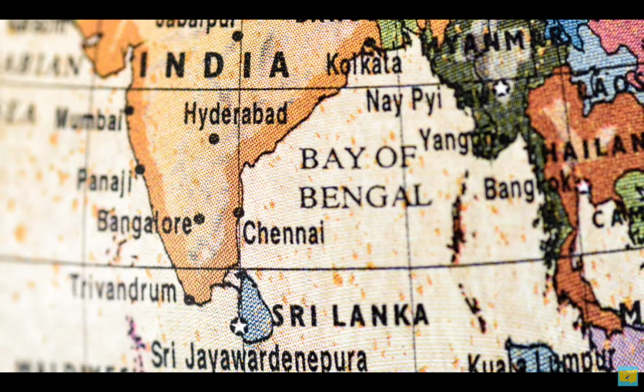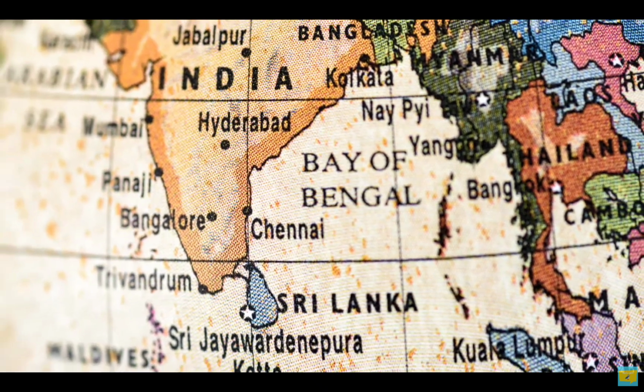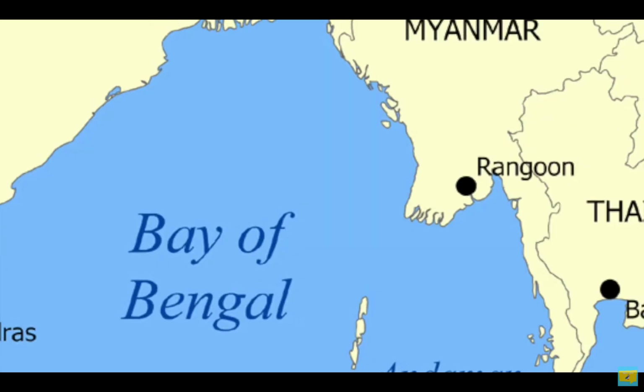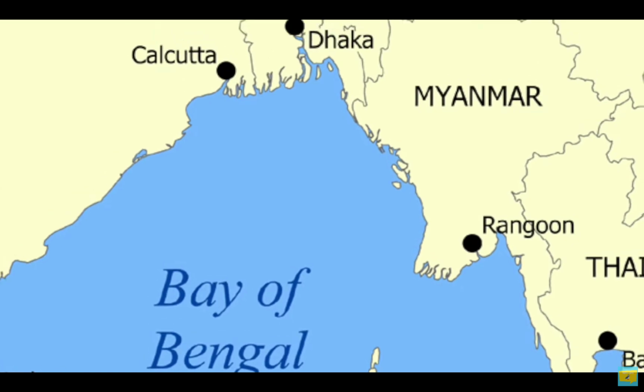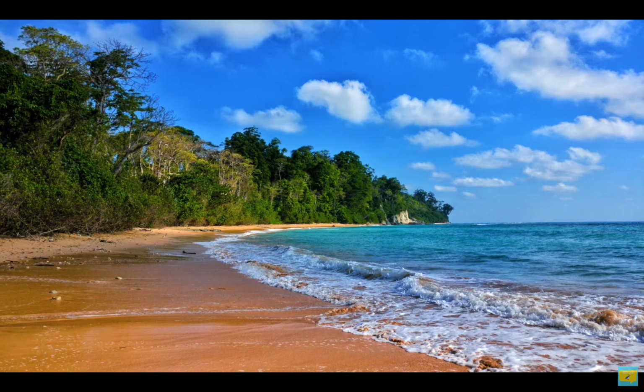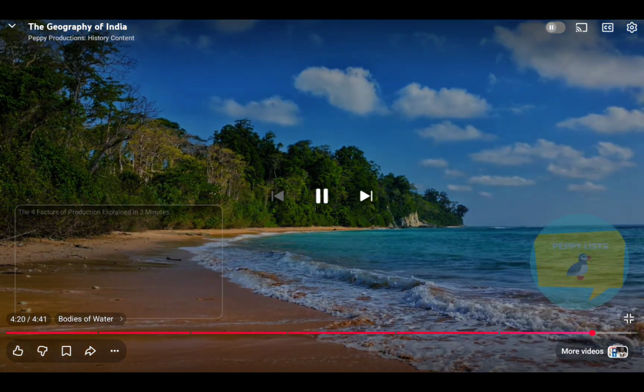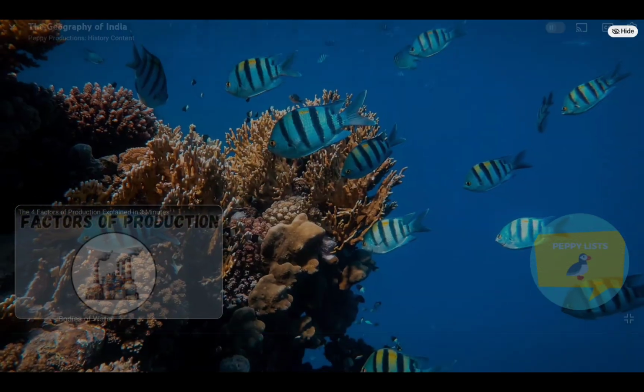On the eastern side of the subcontinent is the Bay of Bengal. Many rivers from India and Bangladesh drain into this body of water. Also, the Andaman and Nicobar Islands are in the sea. These islands are tropical and surrounded by coral